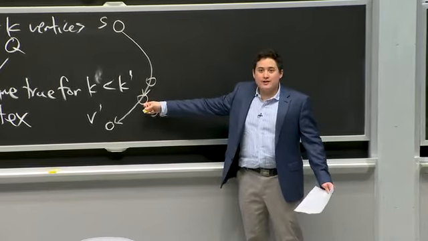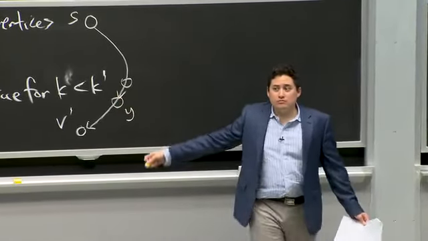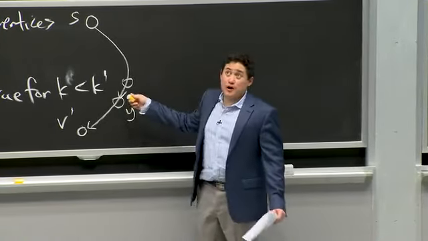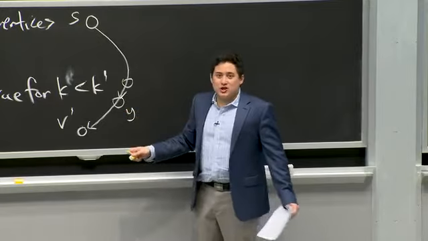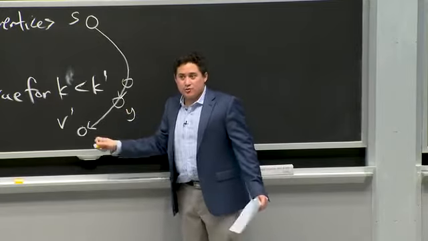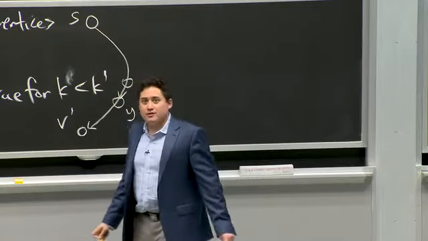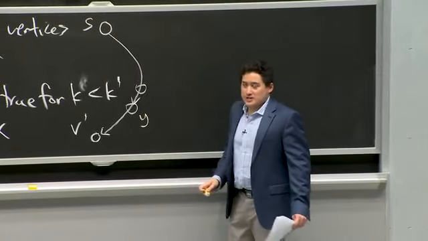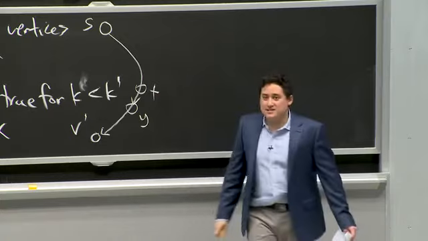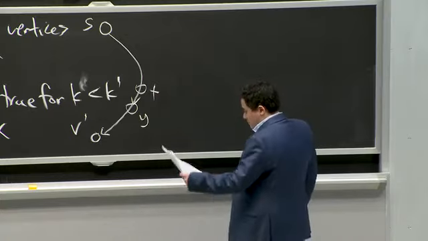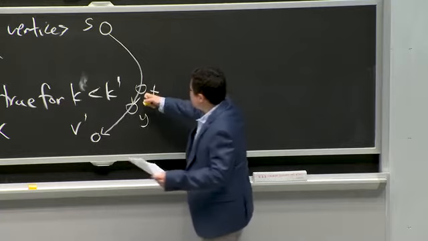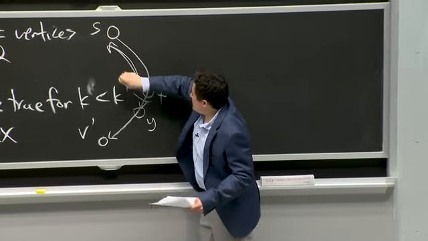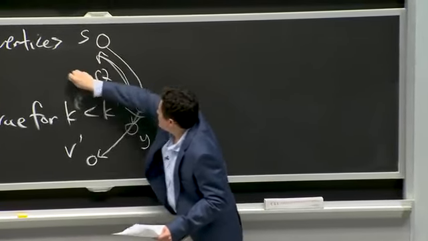A vertex Y that is not in Q, right? Before I pop V prime, Y is not in the queue. Now, these might be the same vertex, right? If all of the preceding ones on this path were in the queue. But in particular, we're going to look at this guy, okay? And say its predecessor is X in the path. Well, what do I know? I know that X is not in the queue, right? Everything here was popped from the queue,